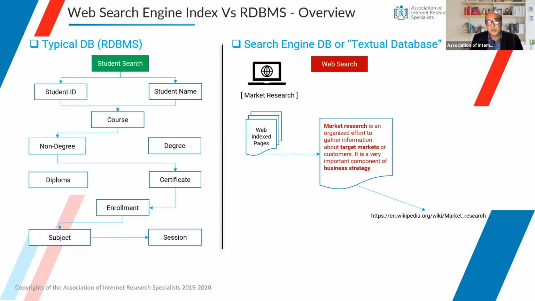So that's what makes it, in one way, a more complex database. In the other sense, you could say that it has a bit of intelligence to give a meaning to the sequence of words. So it has that additional sense given to it. And therefore, it is sometimes considered to be a more proficient or more efficient way of looking for content, especially the textual content. And that's how it is designed.